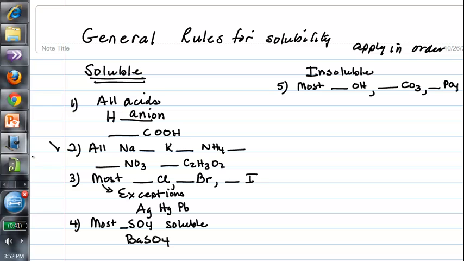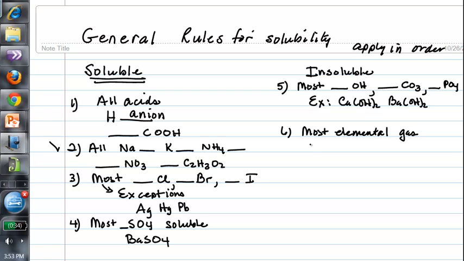But most other of those are not soluble. A couple of exceptions to this are calcium hydroxide and barium hydroxide, which are soluble. But for the most part, hydroxides, carbonates, and phosphates are not soluble. And then rule number 6 is that most elemental